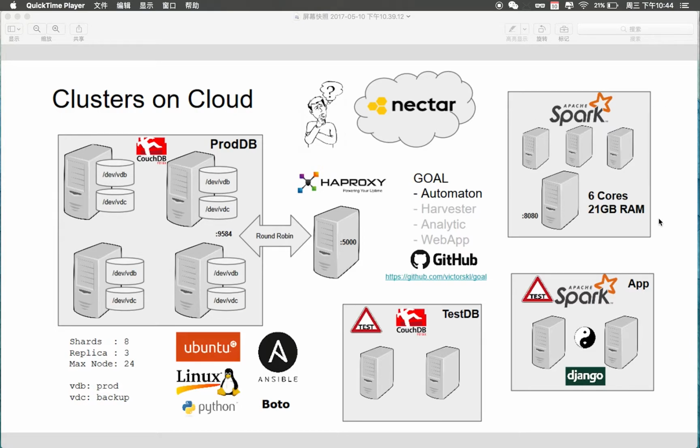And then what do we have? We make use of our private Nectar instances to set up a test environment down here. So we have a test DB, which makes use of 2 VM instances of the cloud cluster, so that we can write and develop our program and test against this test DB, without interrupting the production operation